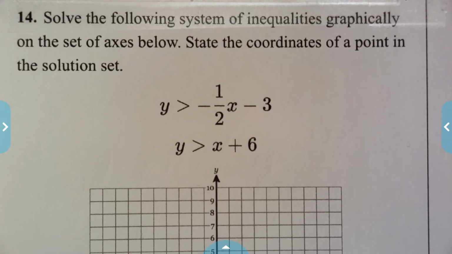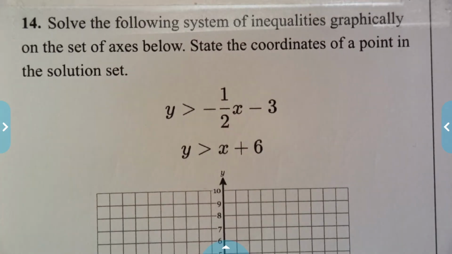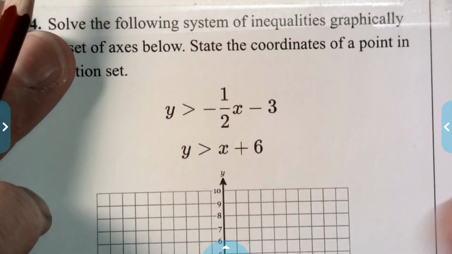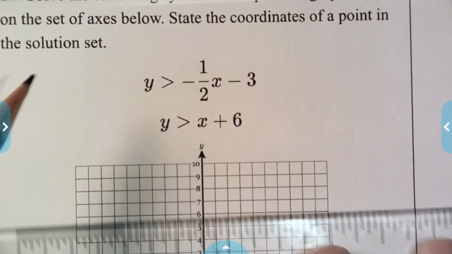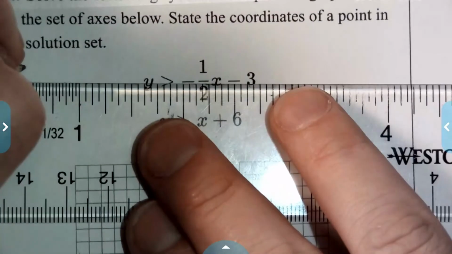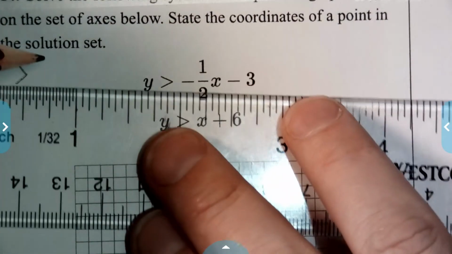Okay, here on number 14, we're asked to solve the system of inequalities and then state the coordinates of a point in the solution set. So we just need to state the coordinates of one point in the solution set. So how do we graph these linear inequalities again? Well, it's really quite simple. We just treat them like they're equations, only for this greater than symbol, we're going to be using